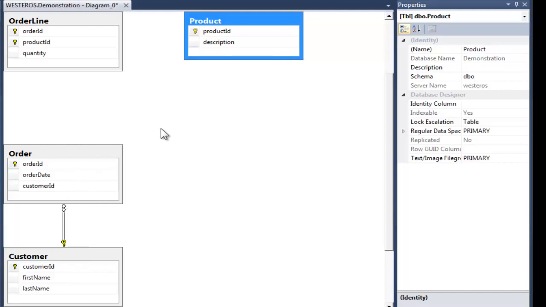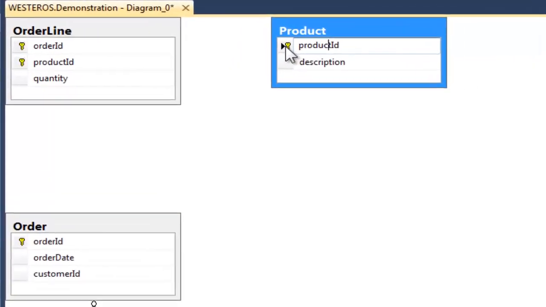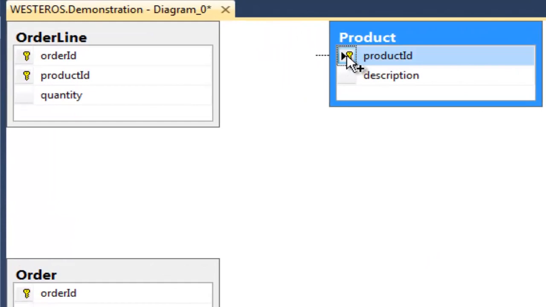First, I want to link the product table to the order line table. And essentially what I want to do is create a primary key foreign key relationship that connects the primary key product ID in the product table to the attribute in the order line table, which is also named product ID. Now to do this, what I'm going to do is select the attribute, hold down my left mouse button and just drag this on top of the product ID attribute in the order